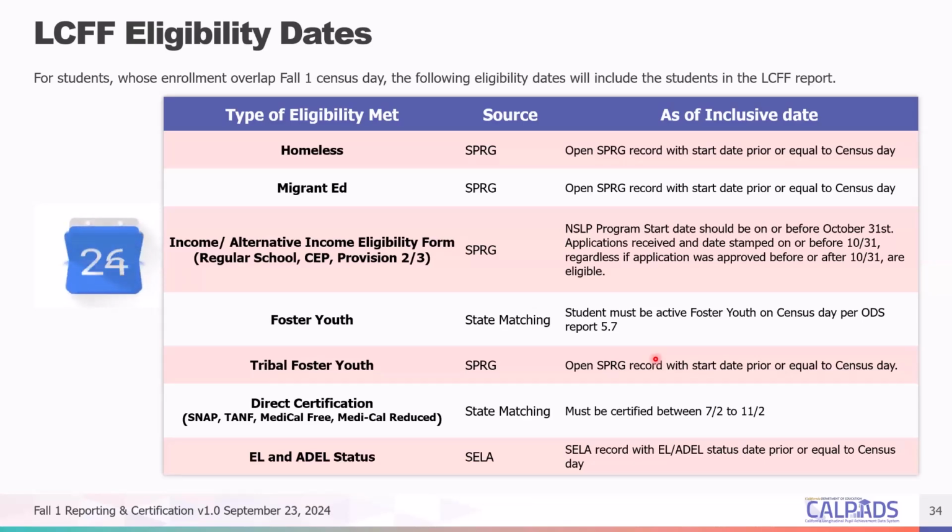Make sure the SPED record is within the enrollment period, and that the SWDS record and the plan record always match the enrollment start date, because any gap between the enrollment start date and the SWDS record will trigger a CALPADS error stating, hey, the student was not eligible during that gap. So make sure that all of those are